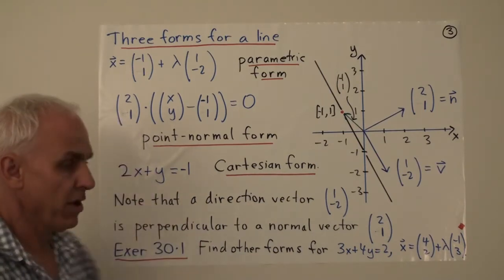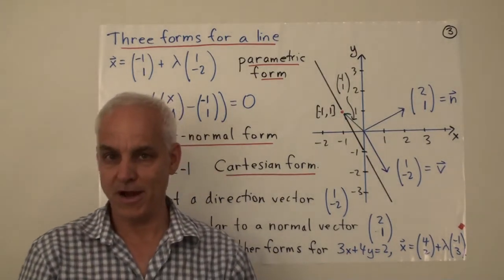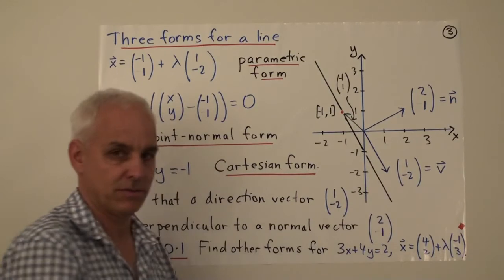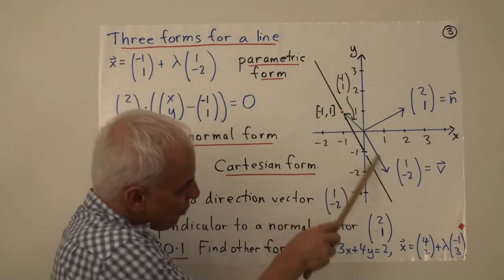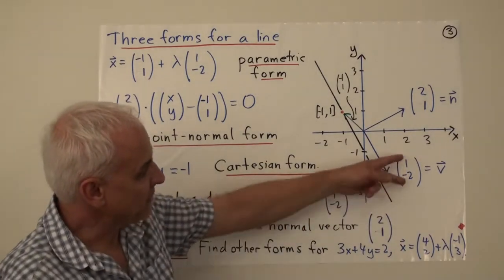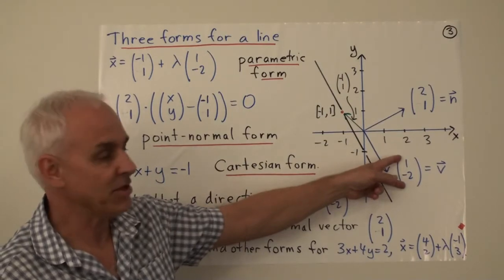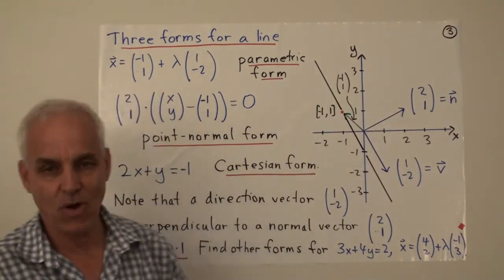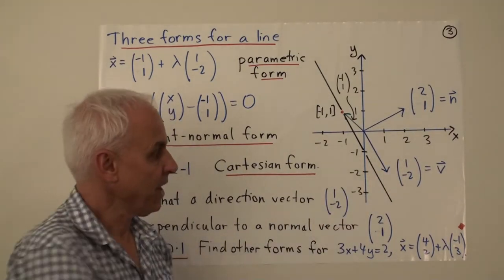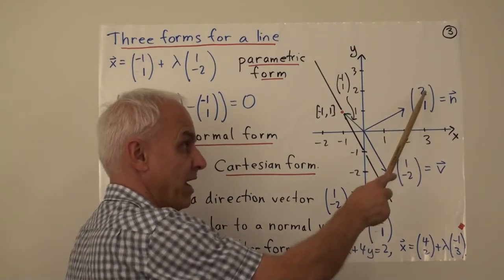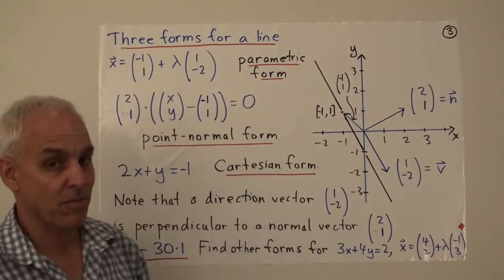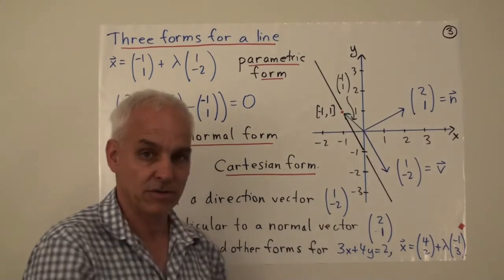To get a point normal form, we need a normal to the line. In other words, a vector, like this one here, which is perpendicular to the direction vector. How do we get a perpendicular vector to (1, -2)? In the plane, it's pretty simple. We take these 2 entries and flip them, replace the x and the y with each other, and multiply one of them by -1. So for example, (2, 1) is a normal vector. If we take the dot product of this one with this, we get 2 times 1 plus 1 times -2. That is in fact 0. So that's why those 2 vectors are perpendicular, and this is a normal vector.